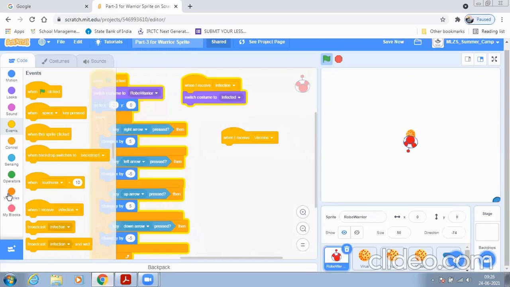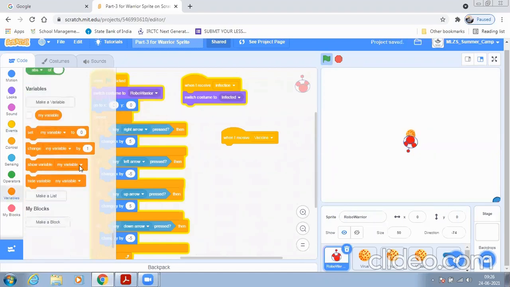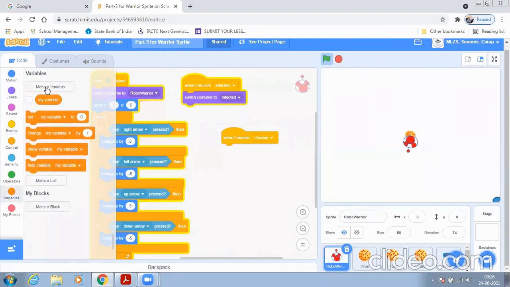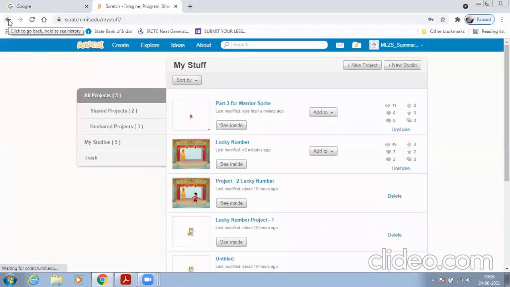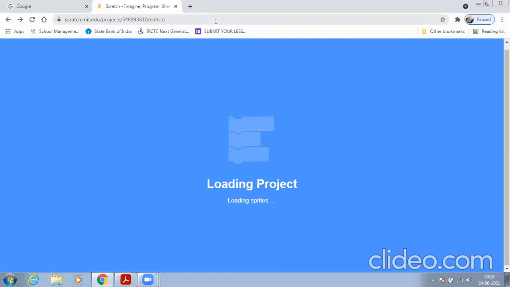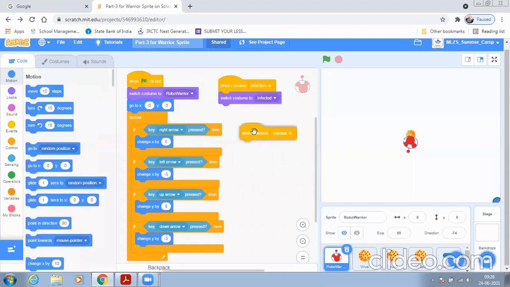So you should go in the variable block, and in the variable block we should make a variable over here.